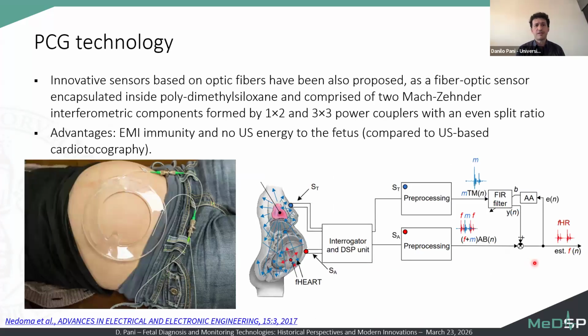There are also technologies based on optic fibers that have been proposed in order to overcome some limitations of conventional methods, such as providing electromagnetic interference immunity and providing information similar to the cardiotocography, but without the use of ultrasound energy that must be delivered to the fetus in those cases. So these are technologies that are commonly not used in clinical practice, but are research technologies that can be further evolved in